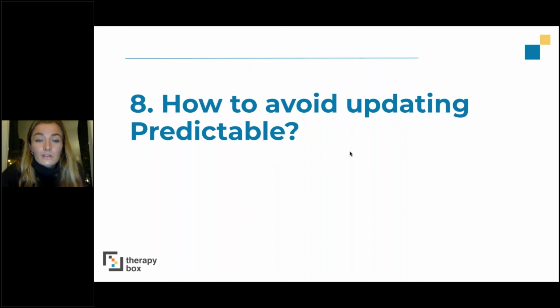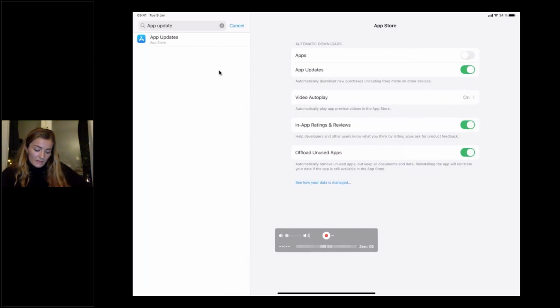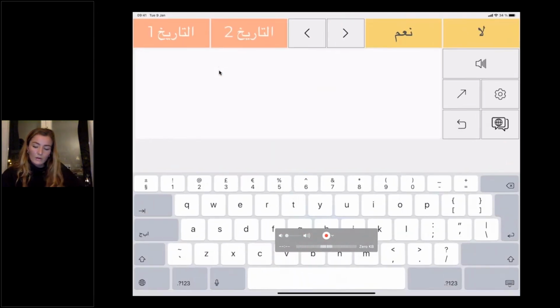There are many differences. At the moment, the Windows version of Predictable is still the 5th version, so it's the red icon. There are a lot of features that are not the same because it's a completely different code. So Windows is the most different one. Then we have Android, which is very similar. I'm going to show you all the settings that are not available on Android.